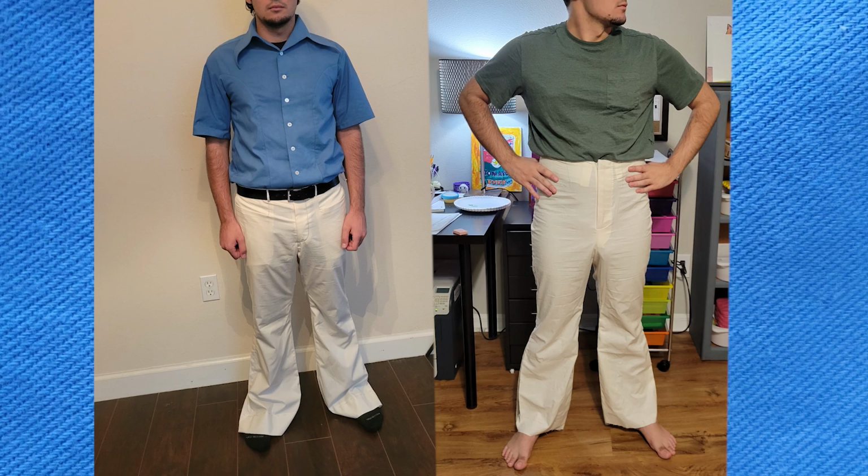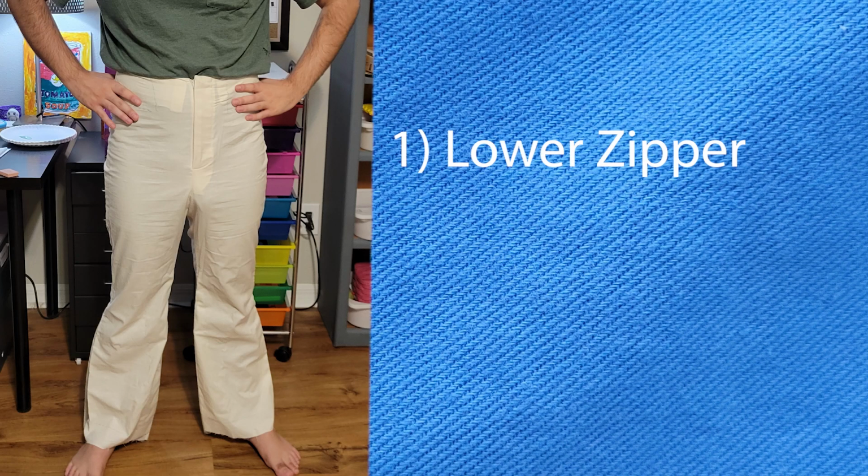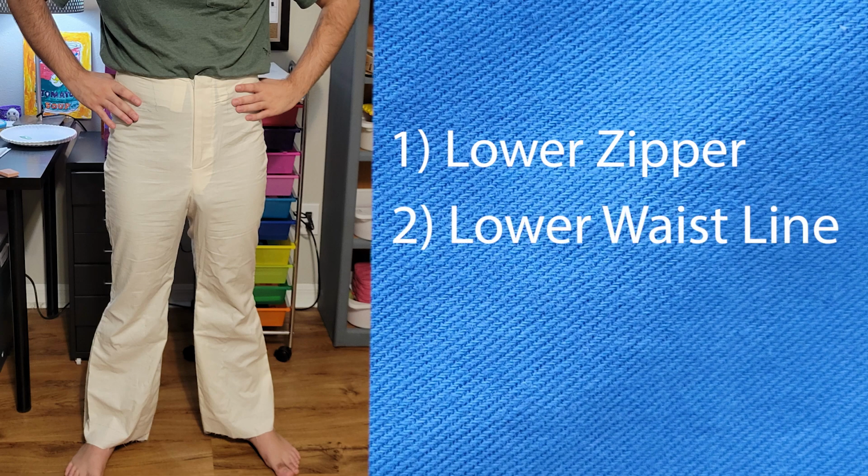But by doing so, I accidentally forgot to lower it again for the fitting, and I placed the zipper too high, making it a little hard to get into that pant. Sorry, Mateo. So the length is great now, but now I needed to lower that waistline back to being 1.5